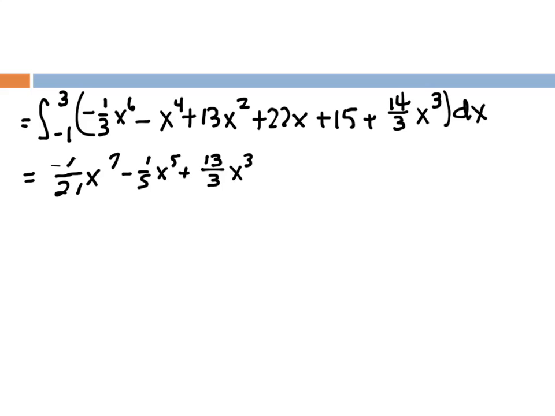Right, good. Yeah, unfortunately, over 12 could reduce to 7/6. So eventually you'll reduce it one way or another. And we're evaluating this at 3